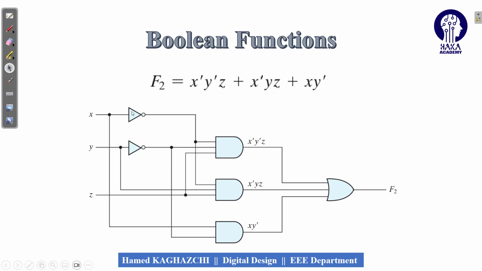According to this concept, if I draw this circuit, I will have something like that. So here you can see x, here will be x prime, y, here will be y prime, and this z comes from here. So if I want to produce x prime y prime z, I can see that x prime, y prime, and z come from here. Similarly for x prime y z, all of these 3 are ANDed, and at the end we have OR. So if you look at this Boolean function, you can see that this digital circuit or logic diagram is the diagram of this function.